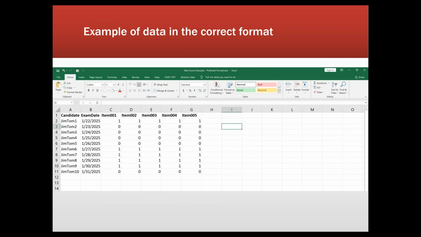So this is an example of the data. I'm in a very difficult position in discussing this with you because I can't show you real data. If I showed you real data, I would be violating the security and the IP of a client, and I'm not going to do that. So we do the best we can by giving an example of data in the way